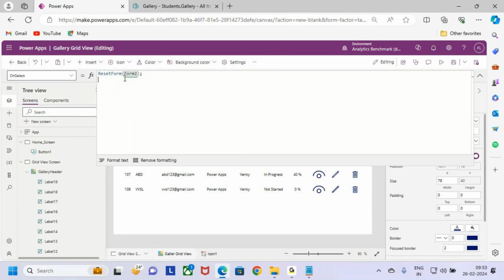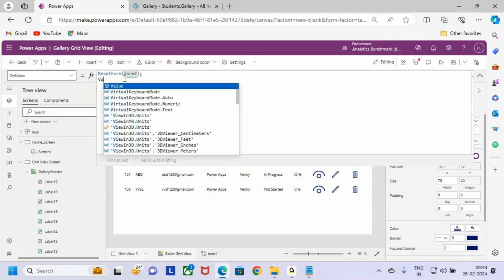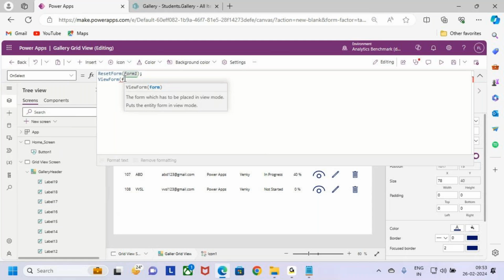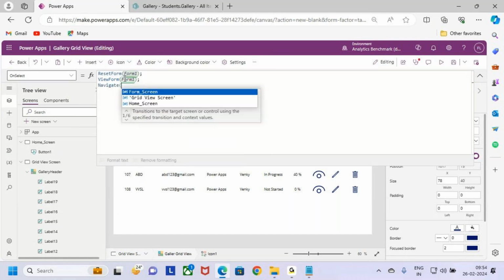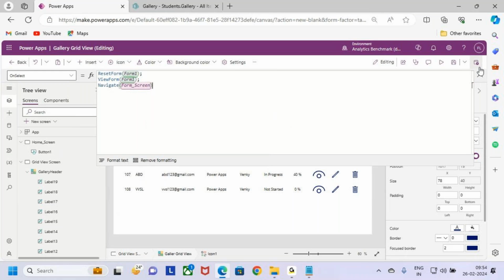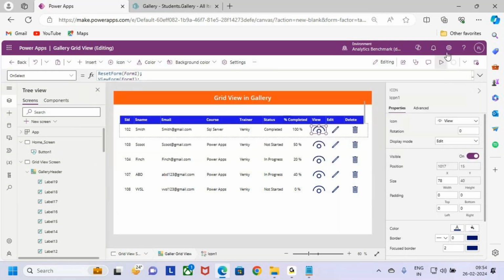Once after resetting the form, next I want to make that form a view form. So how to make that form a view form? View form. Which form? Form 1. Next, after viewing the form, I want to navigate to which screen? Navigate to form screen. Now, when I save it, click on play, and select this view icon,